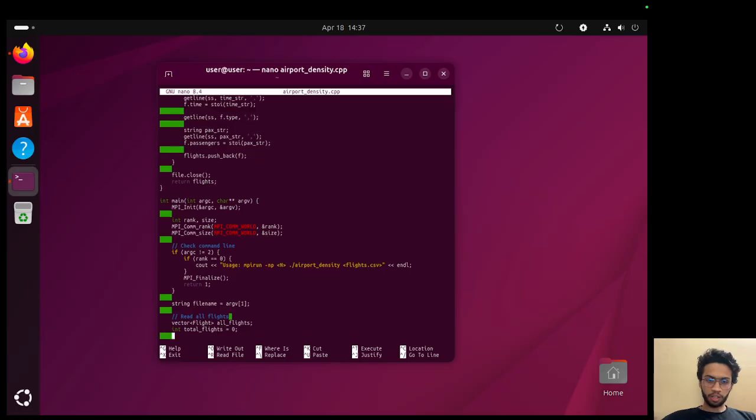After that, it is showing that if the rank is equal to 0, then only rank 0 will read the file, to avoid duplicate reading. And then the total flights,